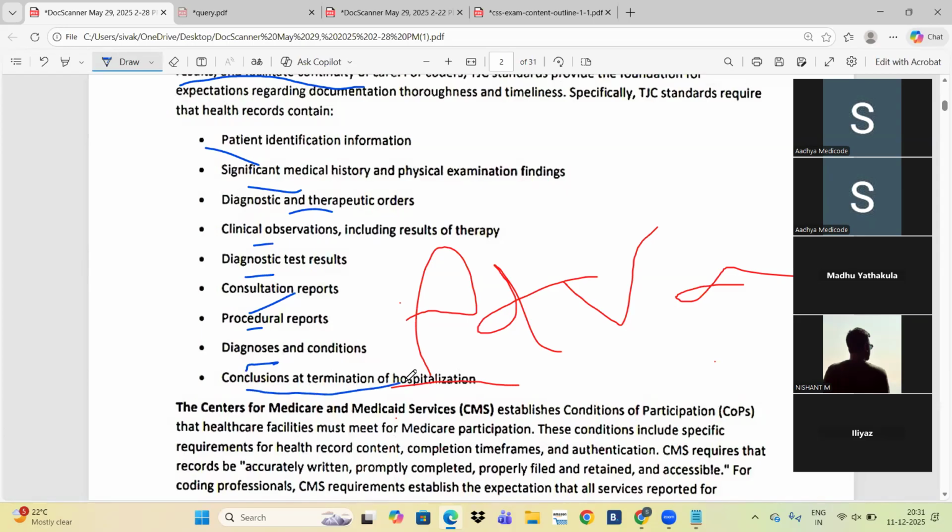Discharge summary or discharge data they need to provide. All these things they need to provide in the documentation while they are creating it. These standards, at least they need to provide for the coding.